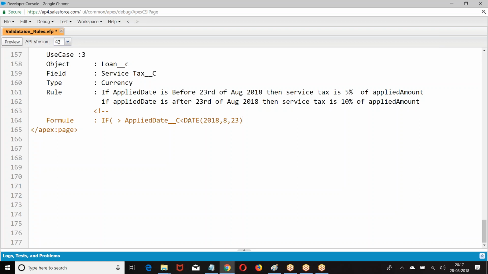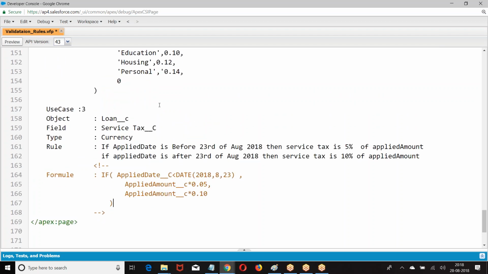If we give the less than symbol, it will be considered a tag. If applied date is less than this, then applied amount into 5%. Otherwise, applied amount. Right, boss. This is how we create.